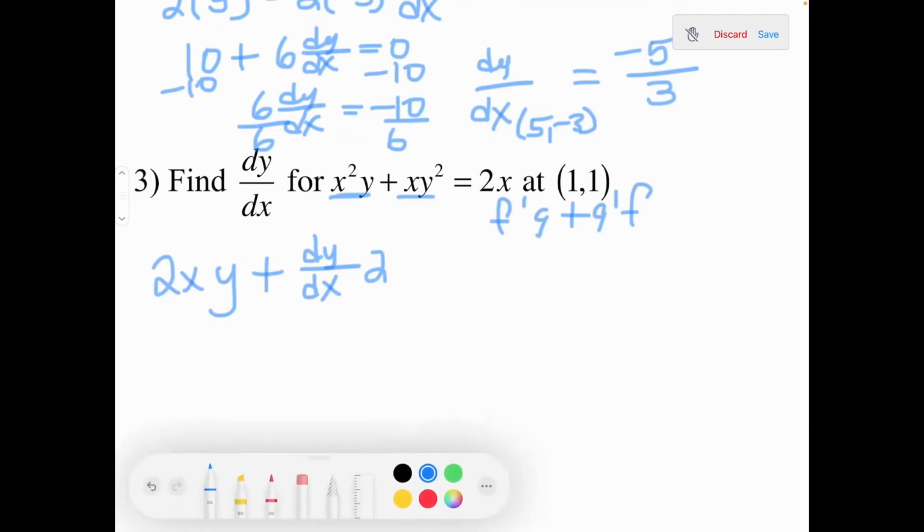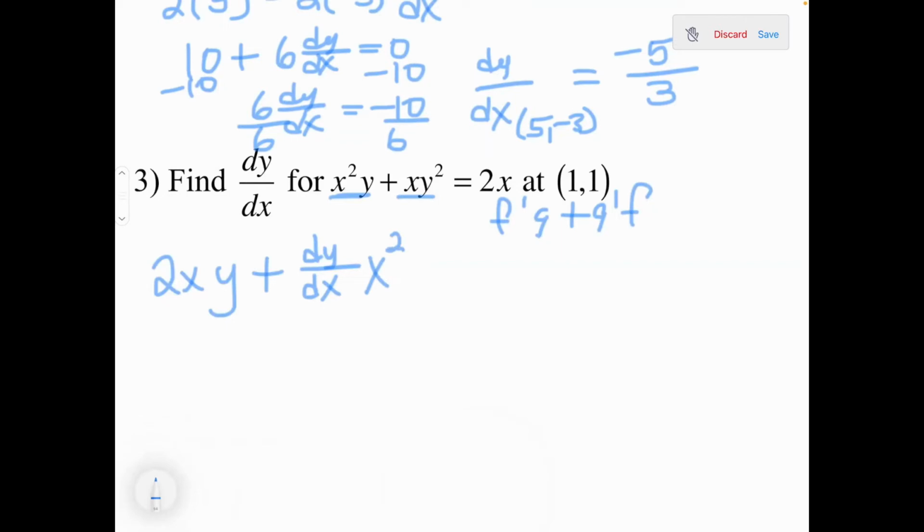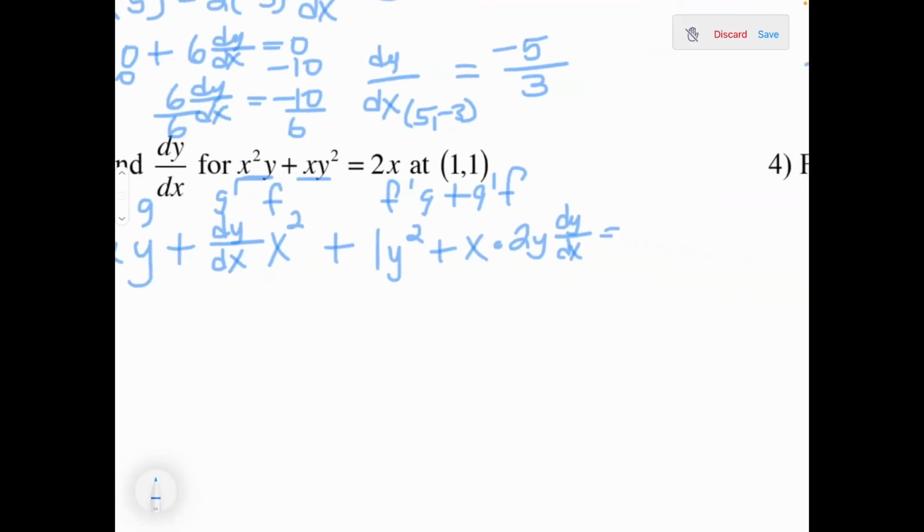And we're not going to change the x squared this time because we didn't take the derivative of it. So that's just x squared. So this is our f prime g, and our g prime f. All right, plus we're going to do the same thing with x y squared. Derivative of x is just 1 dx/dx times y squared. We don't need to write the dx/dx, plus x times the derivative of y squared would be 2y dy/dx. And that's equal to,